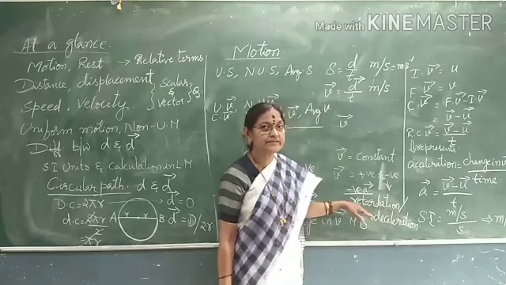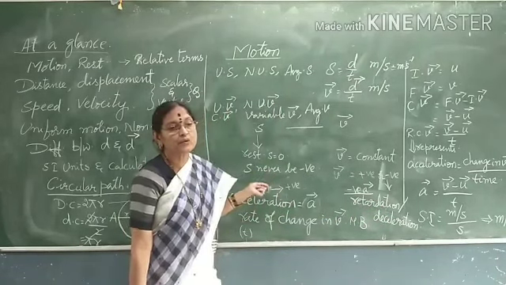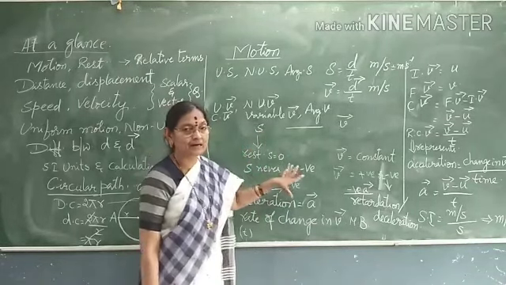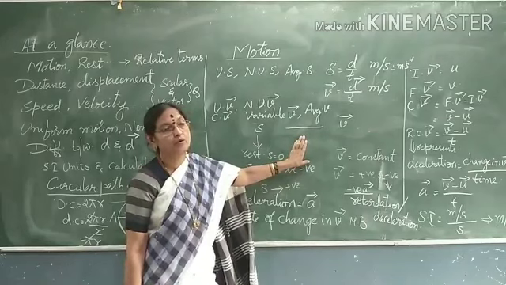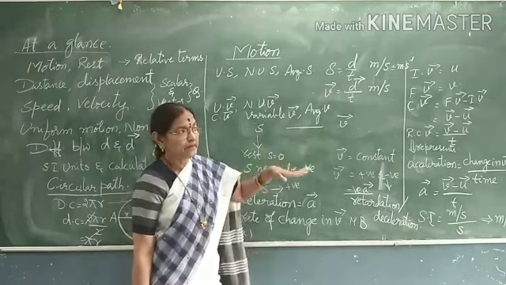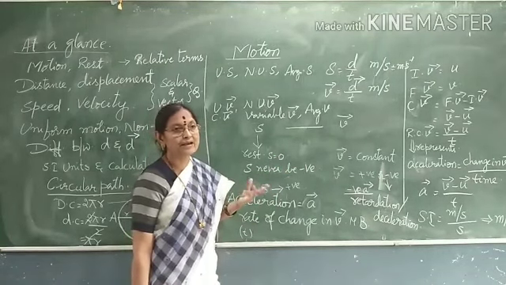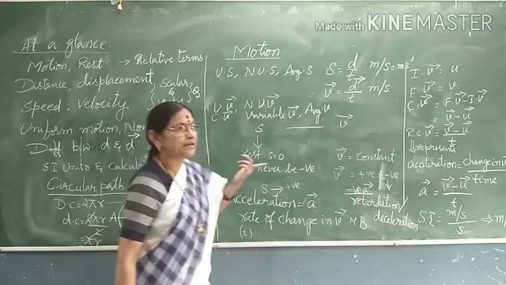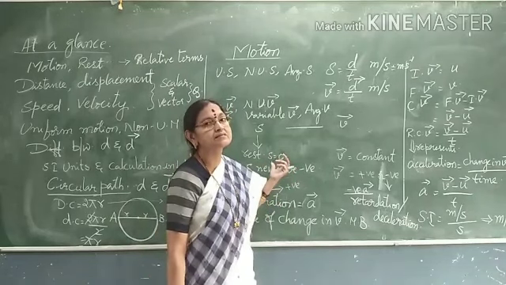Have you understood, children, this part of the lesson? In the next class, we are going to take up the graphs. Be thorough till here. After the graphs, we are going to discuss the equations of motion. Then we will discuss how to calculate distance and displacement when a body is in circular motion, and also its speed and velocity, in other classes.